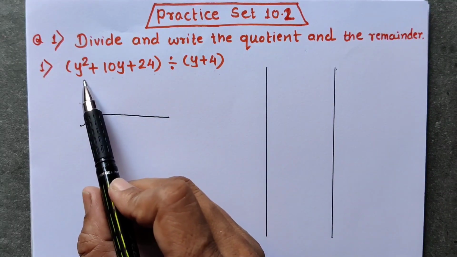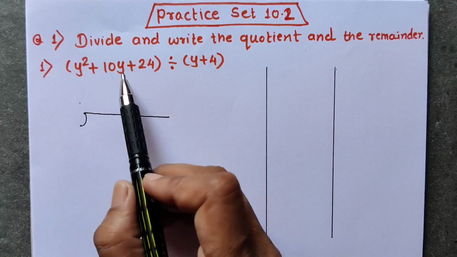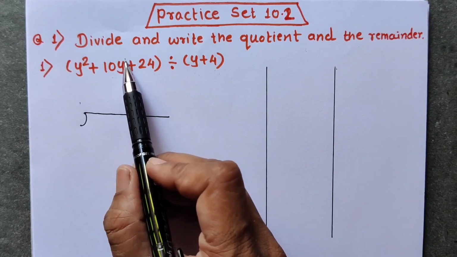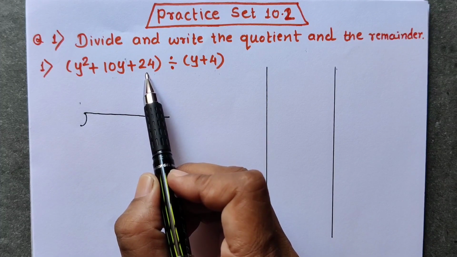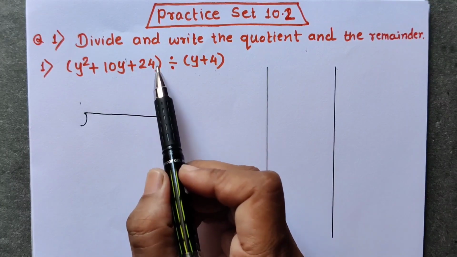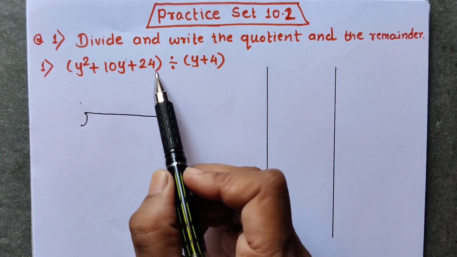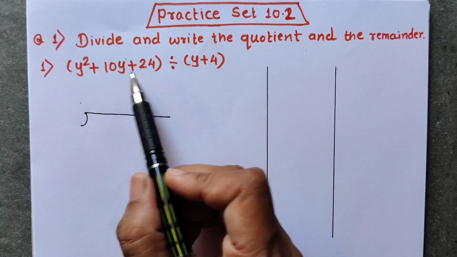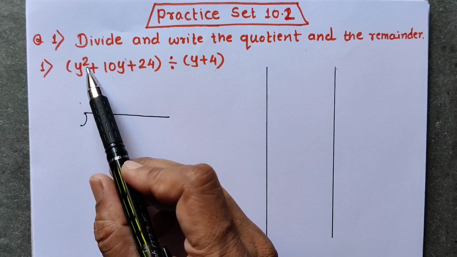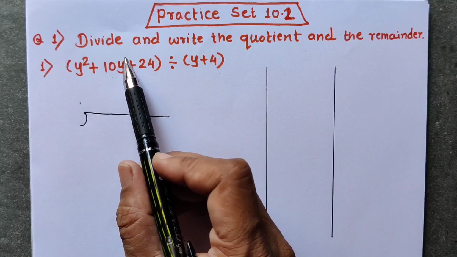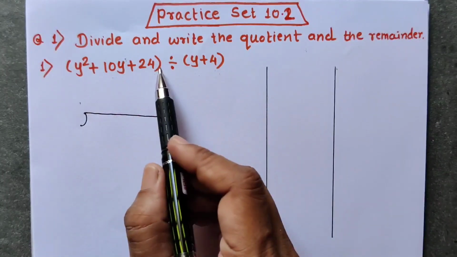So as you all can see in this question, y square term is the first term, then y raised to 1, where nothing is written but 1 is there, you all know that. In the last, third term, only a number is there, only a constant. That means the variable is not there. That means y raised to 0 is there. So it is in the proper order. First there is a term having index 2, then a term having index 1, and then a term having index 0. So it is in the proper order.